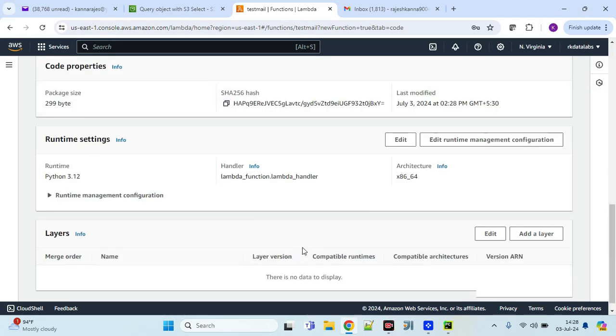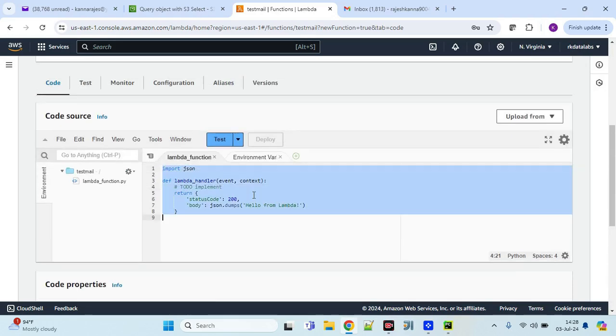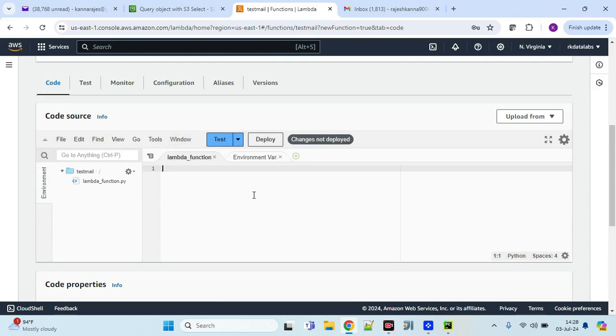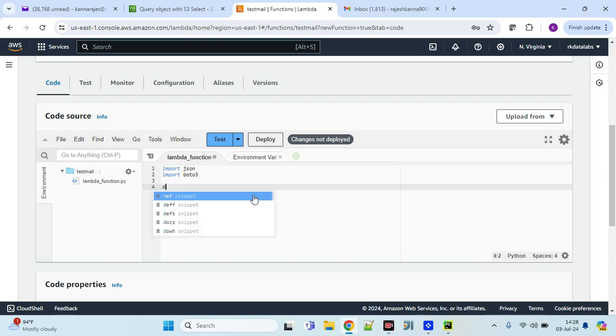Now I can simply delete the existing code and write a couple of Python functions here. Import json, import boto3. We need a Boto3 client in order to access other AWS resources like DynamoDB, SES, SQS, even S3 as well. So we write the import statements first, followed by the method name, def lambda_handler